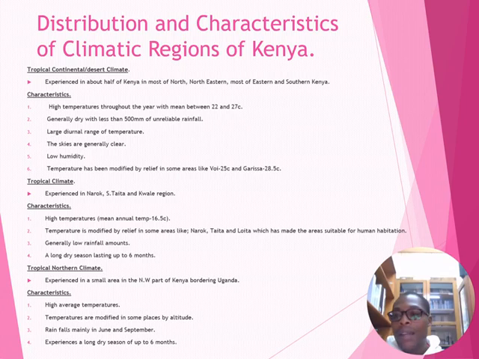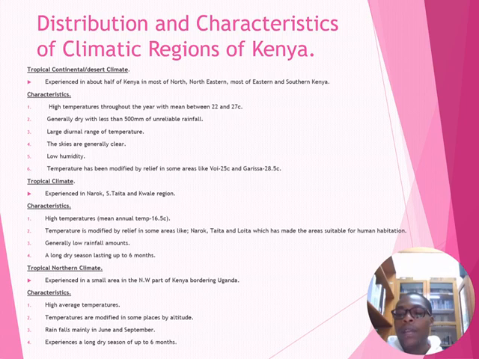Hottest months are December and January. Number 4, experiences rainfall throughout the year, no dry seasons. Number 5, double maximum rain regime, 2 rain seasons in May and October. This region, around Lake Victoria and the coast, supports crops like maize well because of the high amount of rainfall and wide range of temperatures.